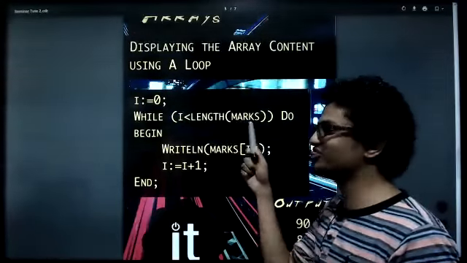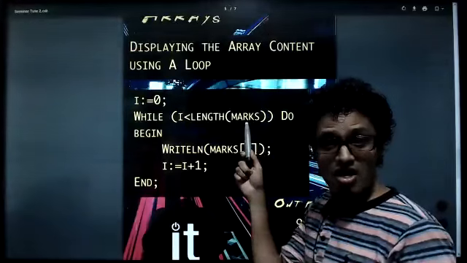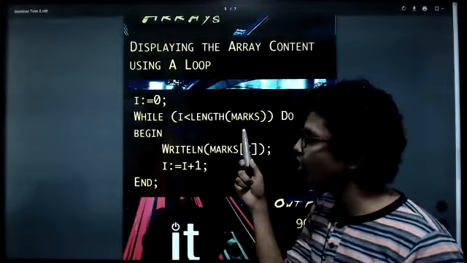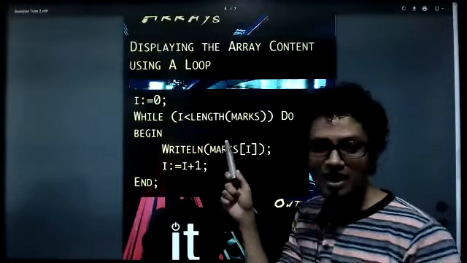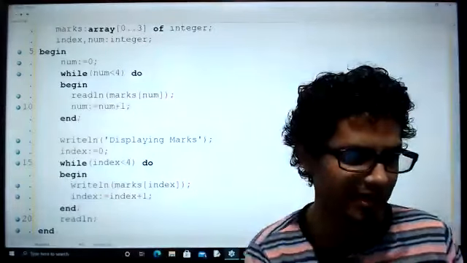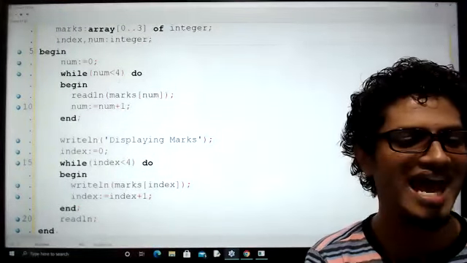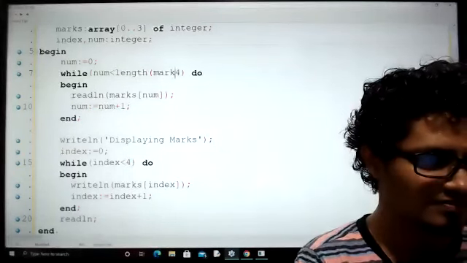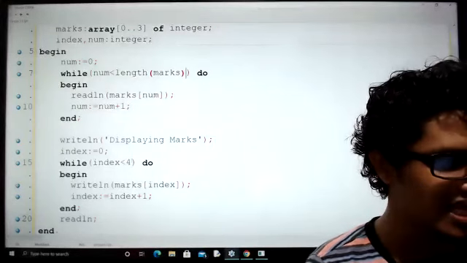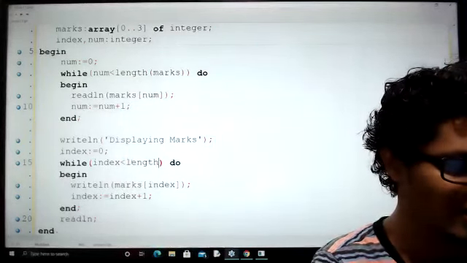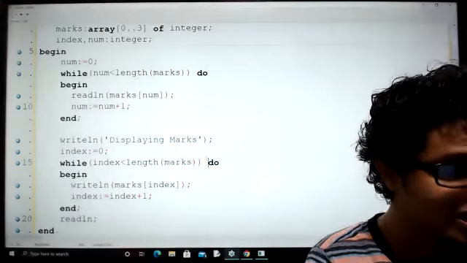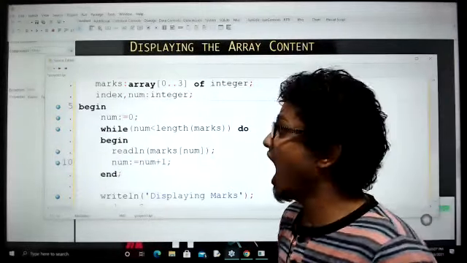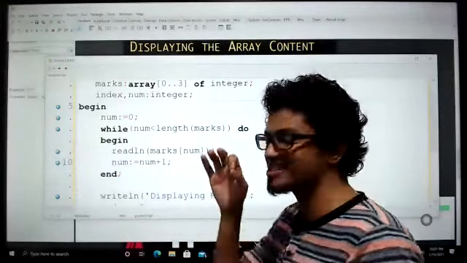I less than length of marks. What is this? It's like this. If I'm going to go back to my coding and type in here, rather than saying 4, if I say length of marks, what's going to happen, kids? What is the length of my array? Let's see whether it's working or not. Let's see whether this code is correct or not. Otherwise, someone might say that. No, I'm going to run this and show you, and this is working.